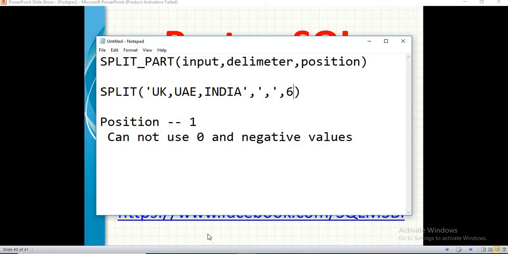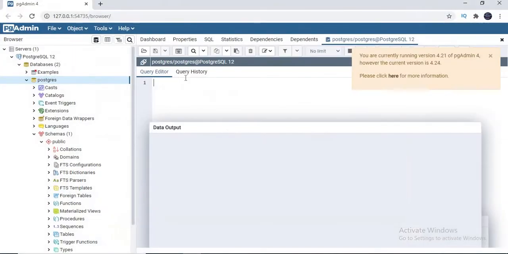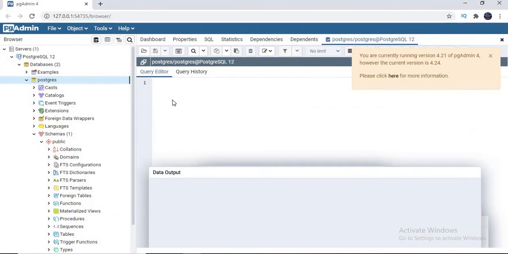So let's quickly go to the Postgres window and see it practically. Let me simply type select, first of all split_part of, let's make it the same: UK, India, USA, comma, UAE.